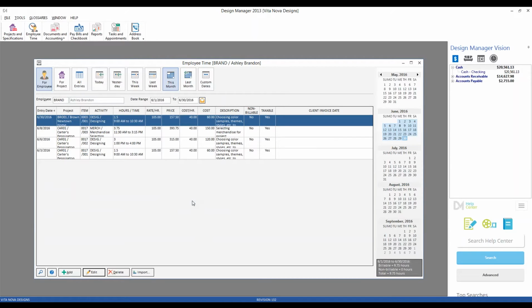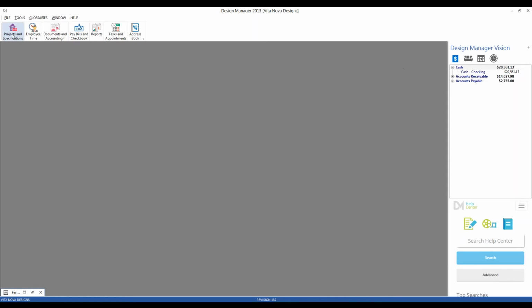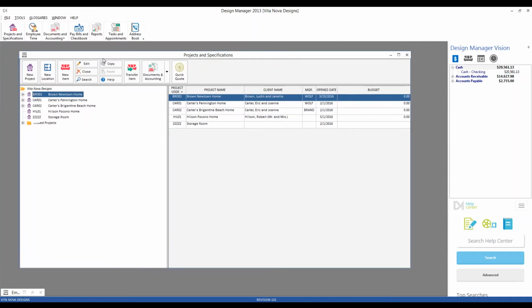So that's how the Record Time From feature on the item window works. Very convenient to prevent you from inadvertently joining time entries to items that are outside of the month, etc., or even invoiced as well, which could be problematic. Let's take a look at another example. Back in our project and specifications,